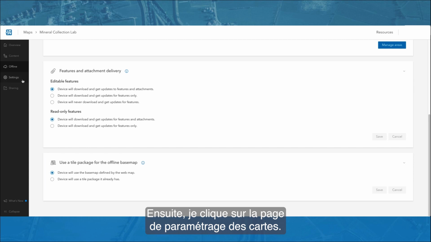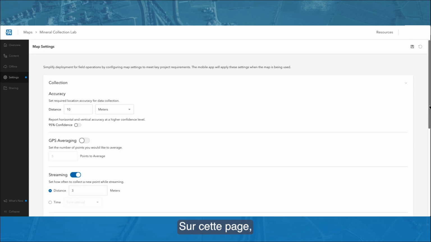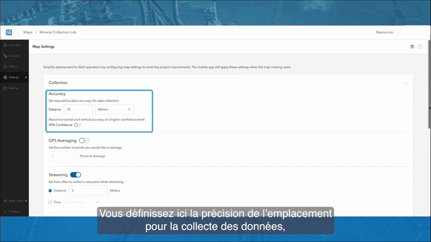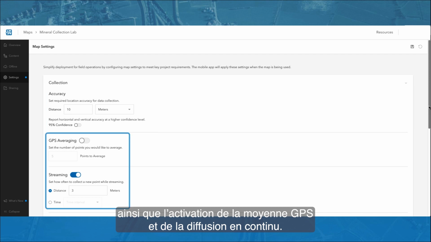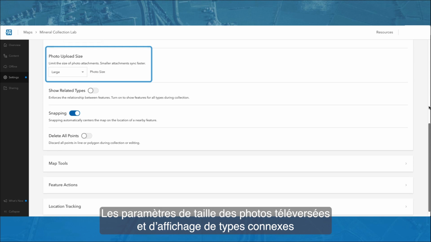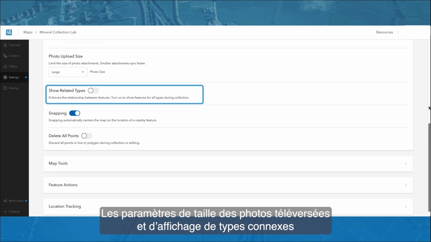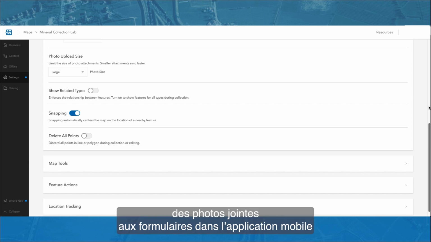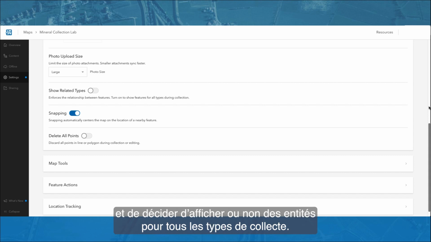Next, I'm going to click over to the Map Settings page. On this page, you can choose what map tools and feature actions are present in the mobile app user experience. Here, you can set the location accuracy for data collection, as well as enable GPS averaging and streaming. The photo upload size and show related types settings are also present here, allowing you to choose the size of photos that are attached to forms in the mobile app and decide whether or not to show features for all